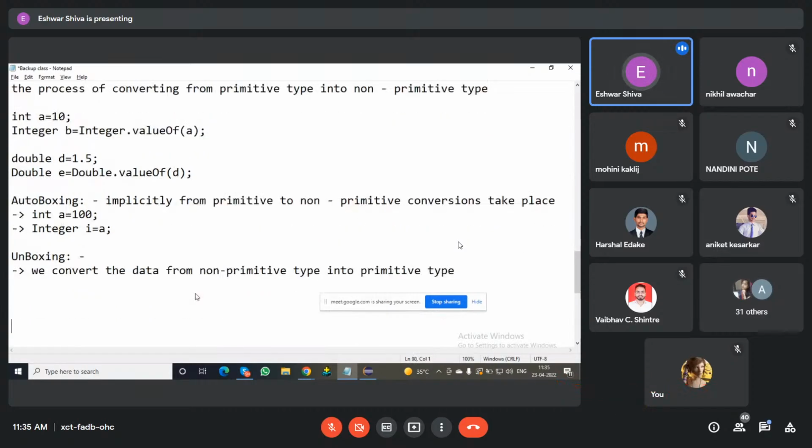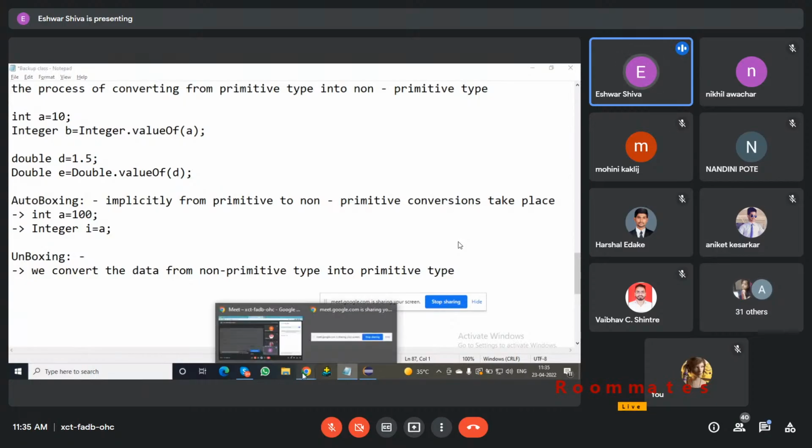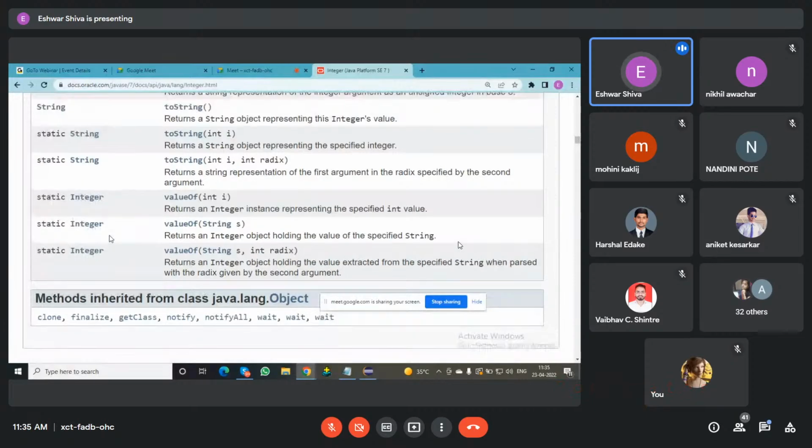So we have seen how to convert from primitive to non-primitive. There is no doubt in that. We have to use the valueOf method, and for converting from non-primitive to primitive, we will see if there are any suitable methods present inside the wrapper class. So we'll check in the Integer class only. So now there is one method called,